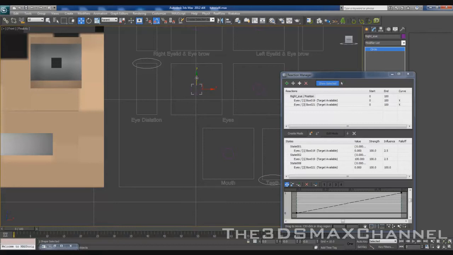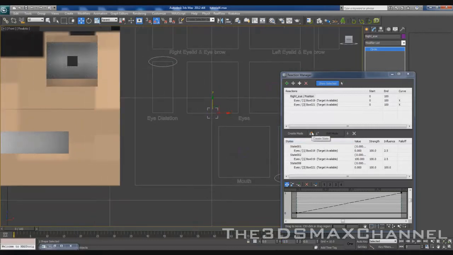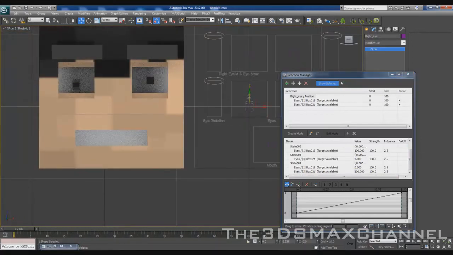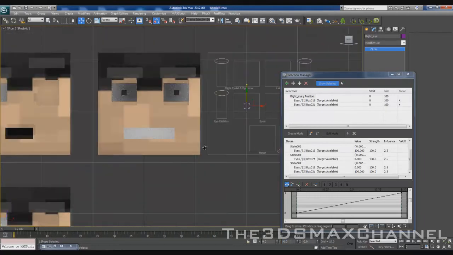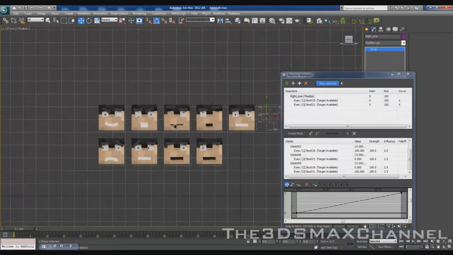And then move the slider thing, or little circle, down, and then add state, or create state, and then change it to 100, the very bottom one it should be, and then test it. Yeah, goes down nice and normal. So yeah, make sure it's back to the middle. Then we'll do it again for the next one,